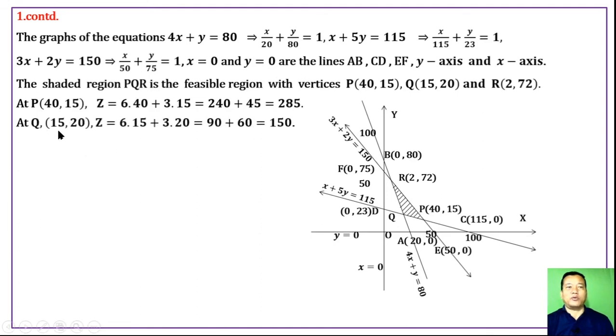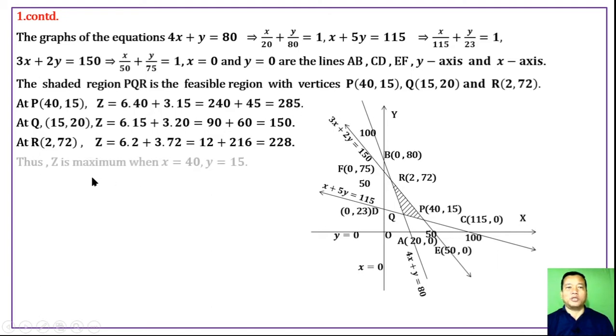At Q (15, 20), Z ki value the 6 into 15 plus 3 into 20, that is 90 plus 60 equal to 150. At R (2, 72), Z ki value the 6 into 2 plus 3 into 72, that is 12 plus 216, 228. Phangani point value ahum se phange value ahum sidagi maximum di that Z is maximum